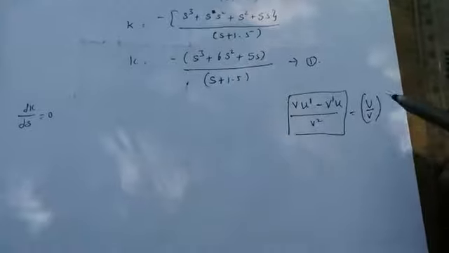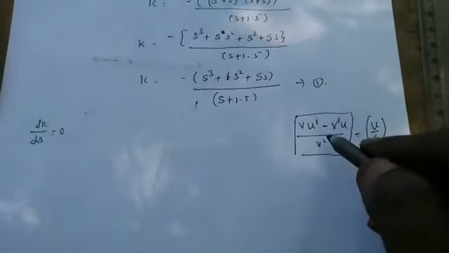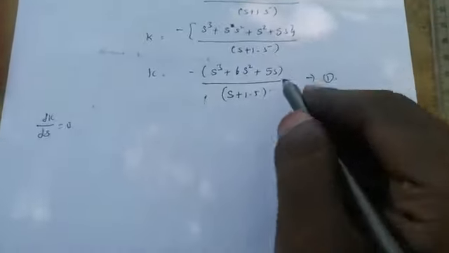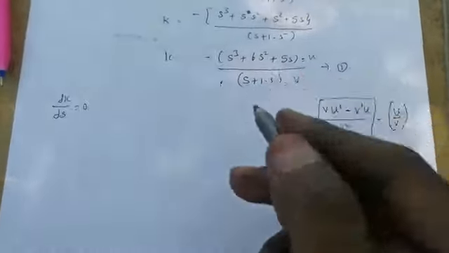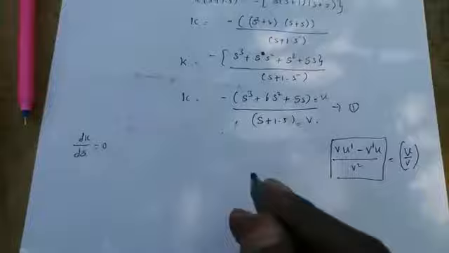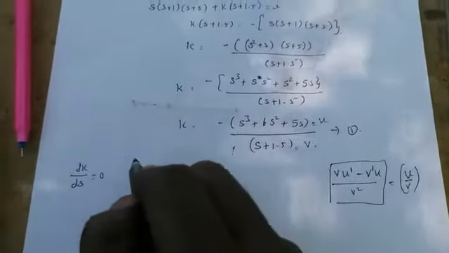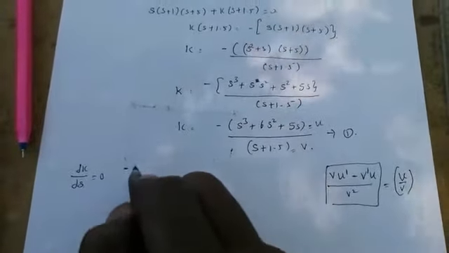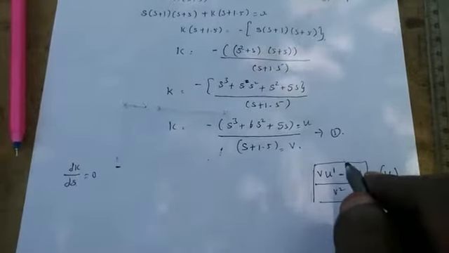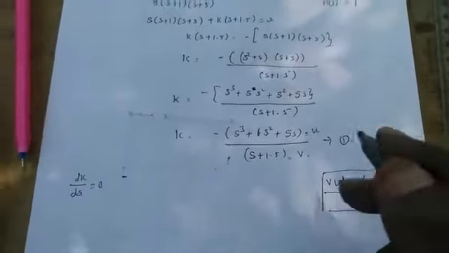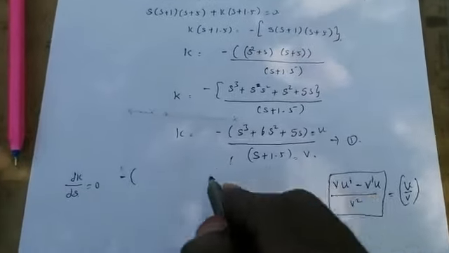For the differentiation of u by v method, you have to represent it like this. Here the numerator represents u and the denominator represents v. If you write this, it is minus of v into u dash. So minus of, this is v, right?